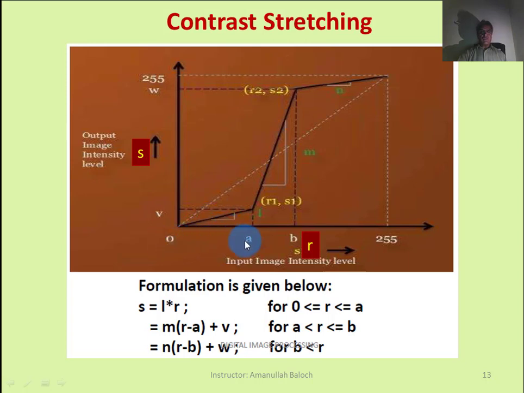Actually, from 0 to A, these pixel values are dark values, and we make them more dark. While from B to 255, these pixel values are bright, and we transform them to be more bright.